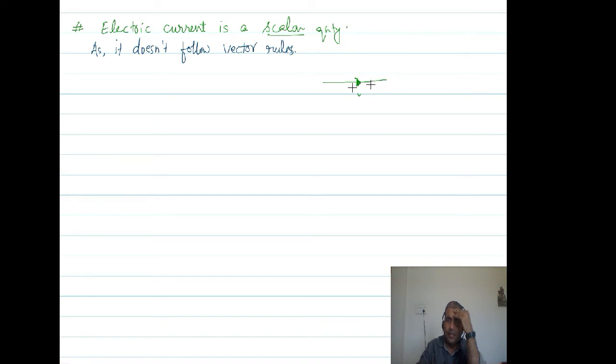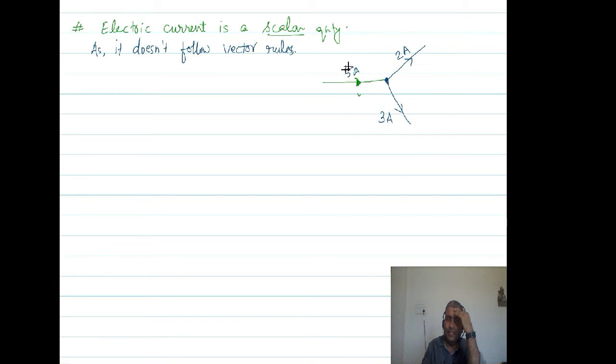See how? Suppose this is the wire, and suppose it is divided into 2 further wires. We can call this point the junction. So these are the branches of the wire. Suppose 5 ampere current is flowing through this, entering the junction, and here the leaving current is 2 ampere. As per conservation of charge, it is quite easy to understand that if 5 ampere current is entering and 2 ampere is leaving, then at the other branch, 3 ampere current must be present, which must also be leaving.